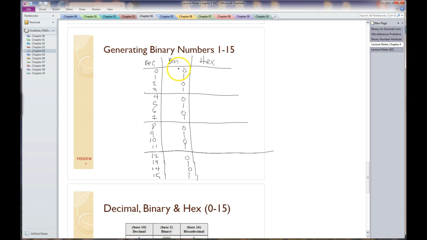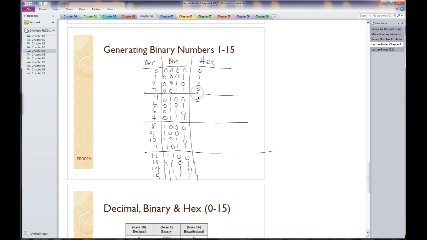What I'm going to do here is move over 1 column and go 0, 0, 1, 1, 0, 0, 1, 1, and so on. Use that trick again, move over a column: 0, 0, 0, 0, 1, 1, 1, 1, 0, 0, 0, 0, 1, 1, 1, 1. Do the trick one more time: 0, 0, 0, 0, 0, 0, 0, 0, 1, 1, 1, 1, 1, 1, 1, 1. Okay, so those are my binary numbers, 0 through 15, which corresponds to hex numbers 1,